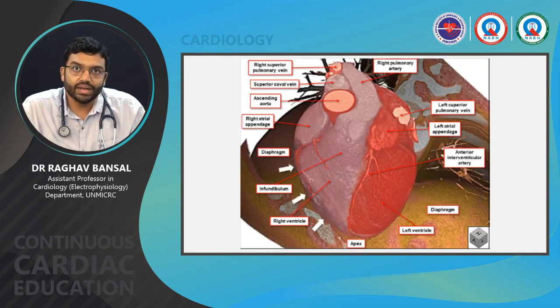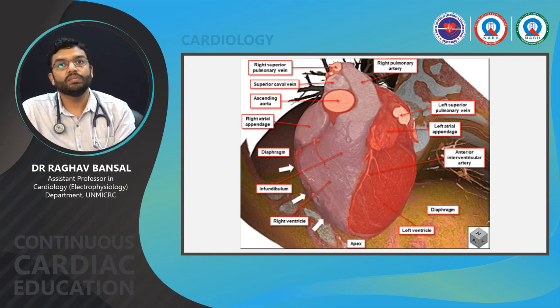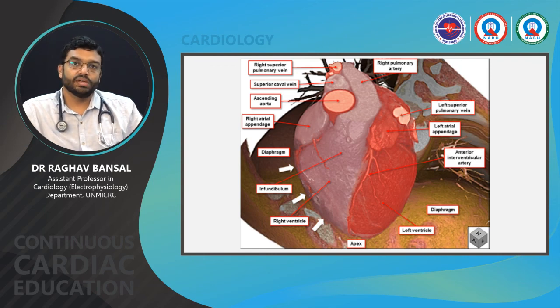This is the classic Valentine position of the heart as we have learned in anatomy, the apex at the bottom, the atria above, the ventricles below. If we see this picture, we think that the ventricles are inferior, the atria are superior, and left is left and right is right. Even in this picture, we can realize that the RVOT and the pulmonary artery wrap around the LVOT, which is arising from the LV, and the ascending aorta is actually to the right of the main pulmonary artery. This is a very important concept to understand, and a lot of discussion will be based on it.